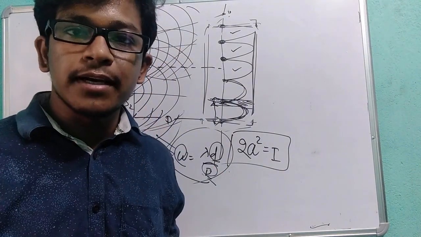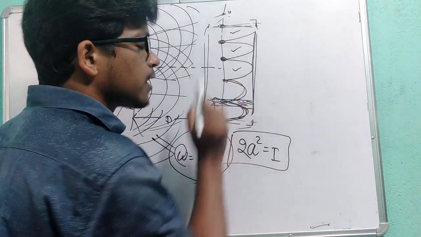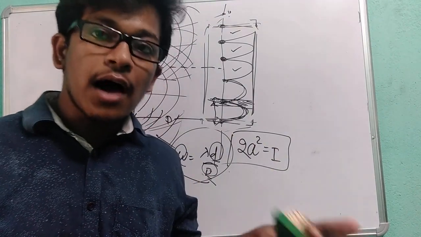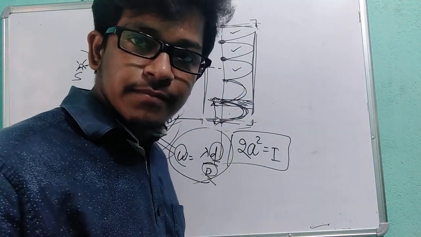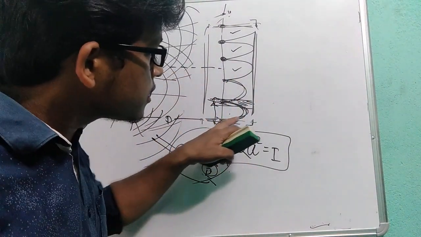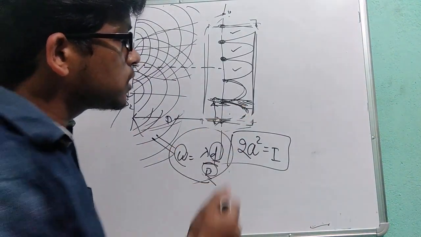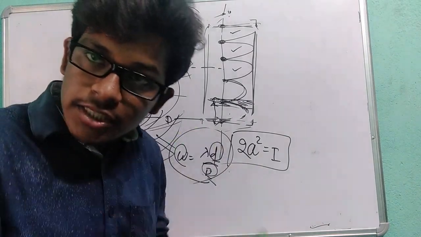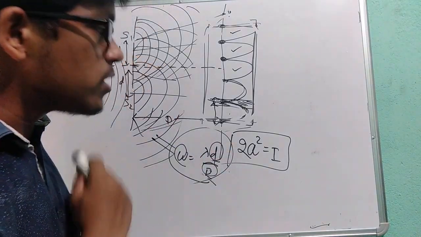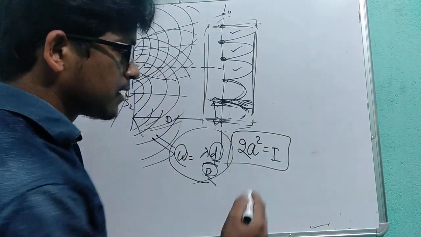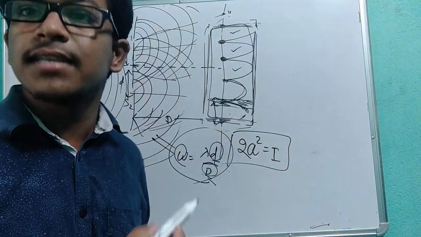The only change is that energy is transferring from light to dark, then dark to light, like that. Now we will see the proof of how energy is transferring. This region is a light region, right? So energy will transfer from the light region to the dark region. Here the energy or intensity is maximum, and as we proceed towards the dark region, the energy becomes 0, then increases, then becomes 0 again, like this the energy is changing. Now we will see the mathematical proof of how energy is constant. Remember, the average energy or intensity always remains constant.